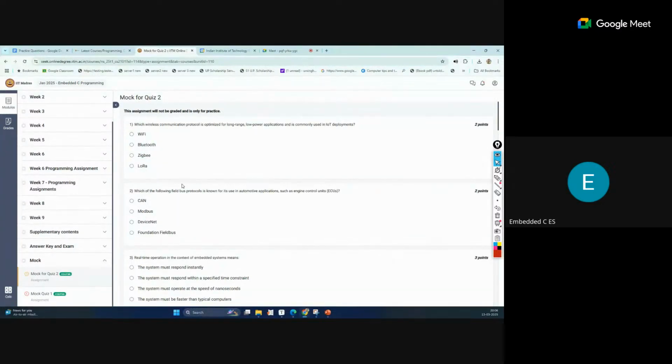So the answer is correct: LoRa, long range. This is a wireless communication protocol that provides communication over long range, and it takes low power, because when we are working with sensors and devices, that device is communicating with all the sensors.